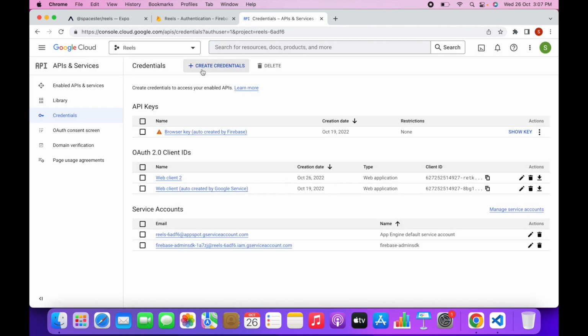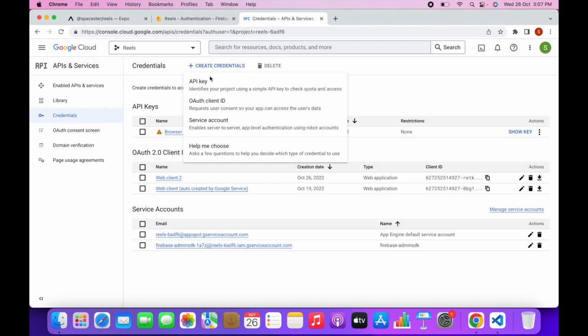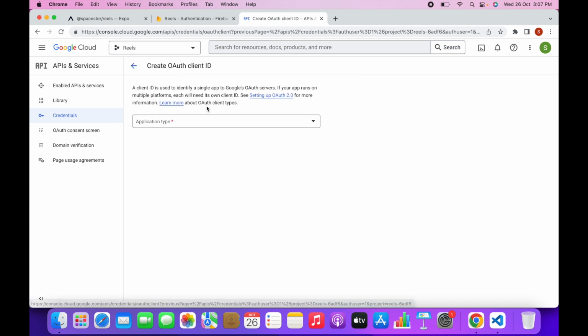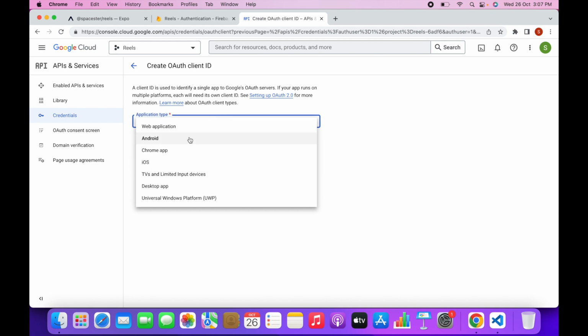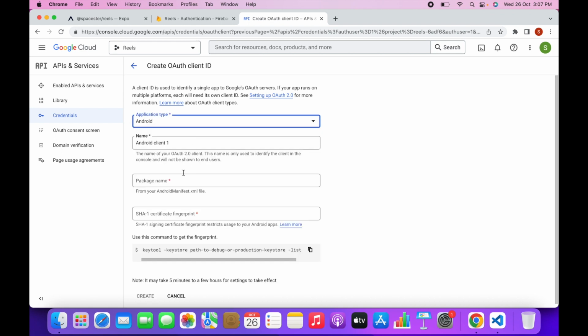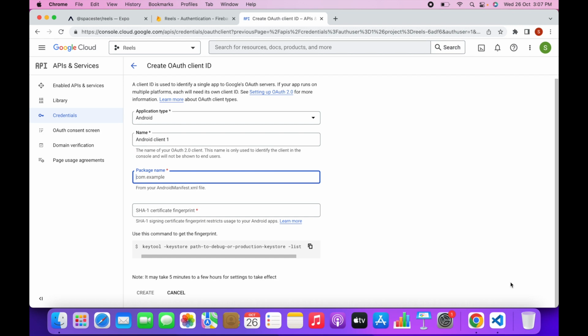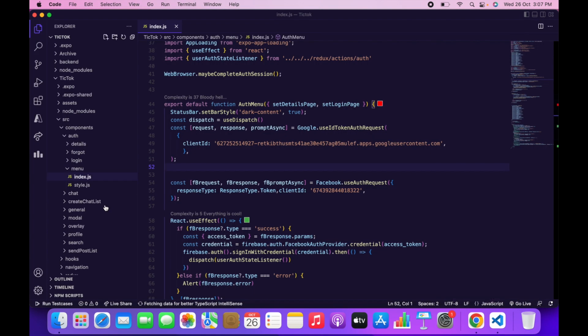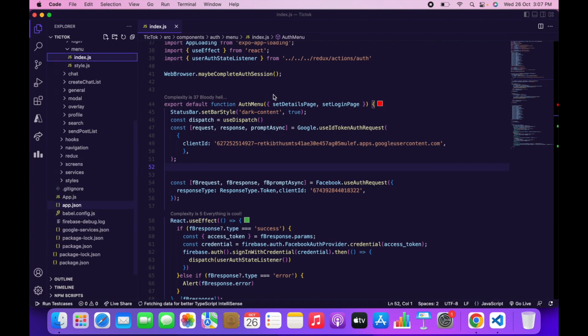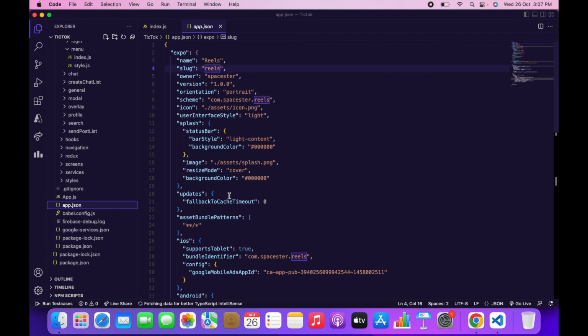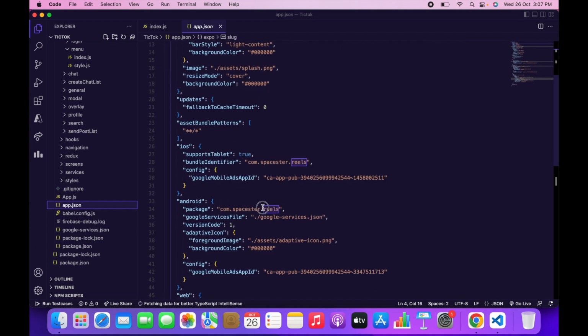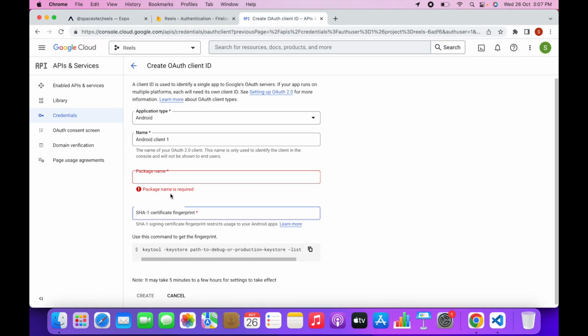So now click on create credentials. Again, click on OAuth client ID. Click on application type Android. Over here you have to type in your package name. You can find your package name in the app.json file. Scroll down to your Android section, copy your package name, and paste it over here,